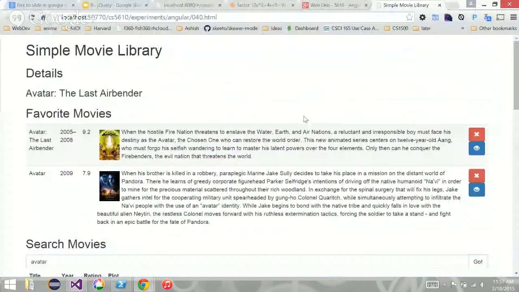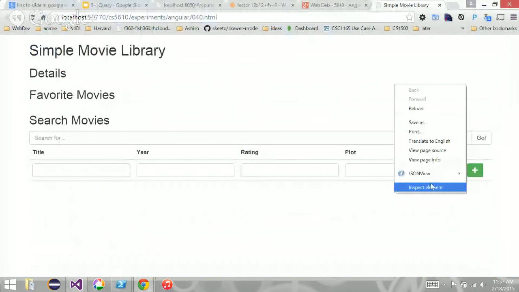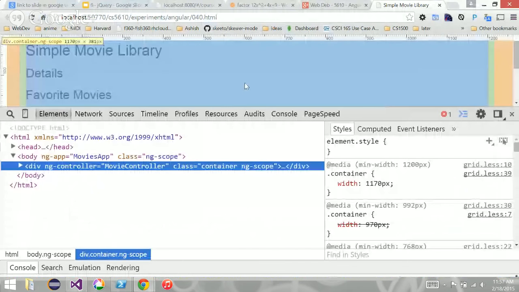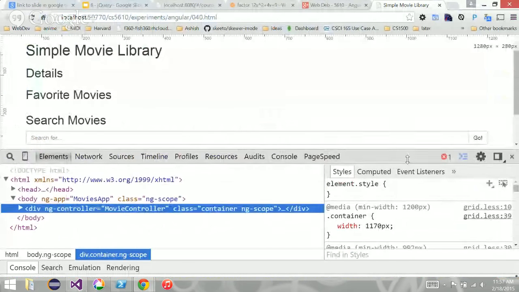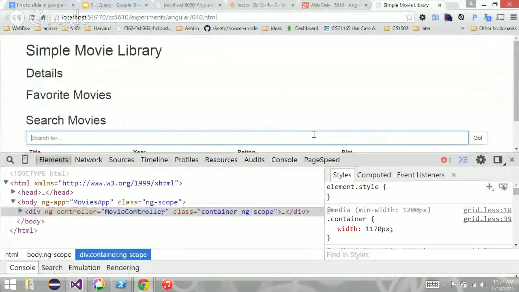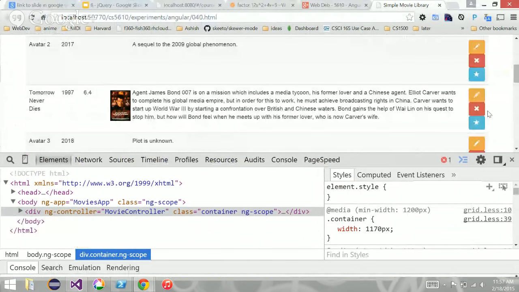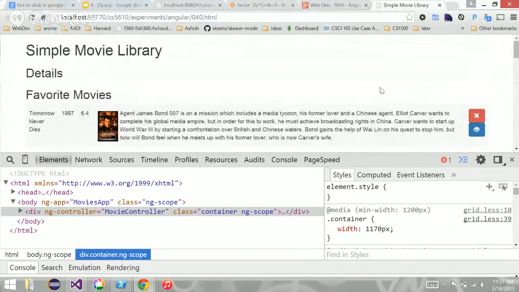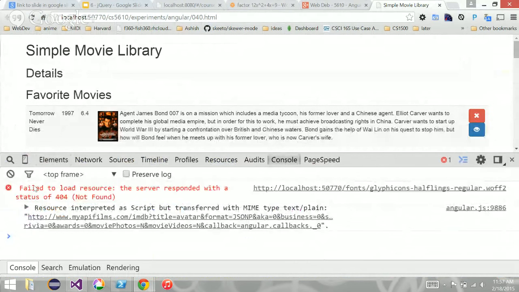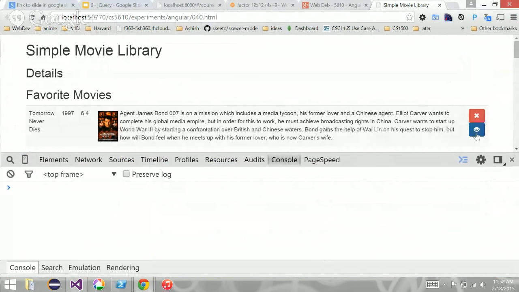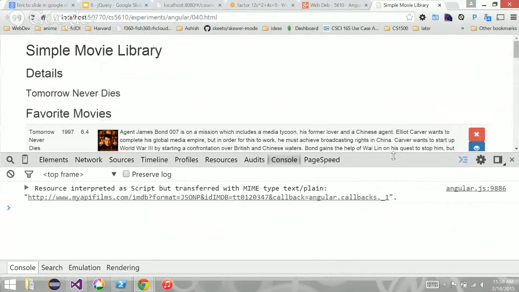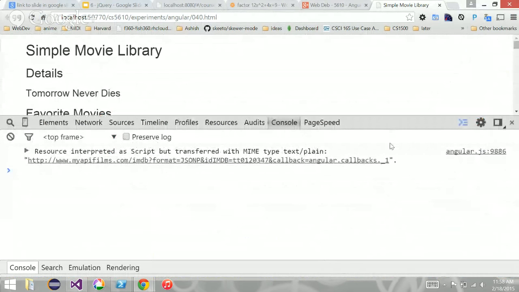Movie. Let's display here. So we're going to look up Avatar, and we're going to fetch that. We're going to add this one to our favorites. And we're going to click on, let's look at the console. I'm going to clear this out. I'm going to say preview or details. And, oh, it's 50. Sorry. It's 50, right?